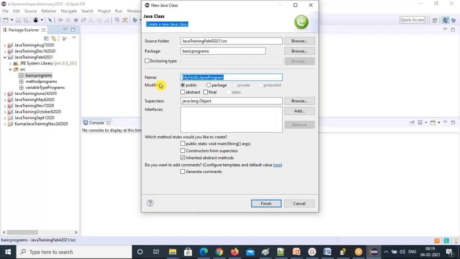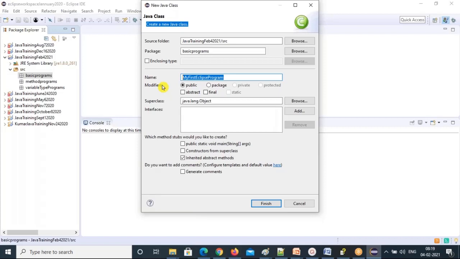Can you see here modifiers? I'm going to explain this very important topic later, and in tomorrow's class I'll explain each and every keyword. Modifiers are 2 categories: access modifiers and non-access modifiers.